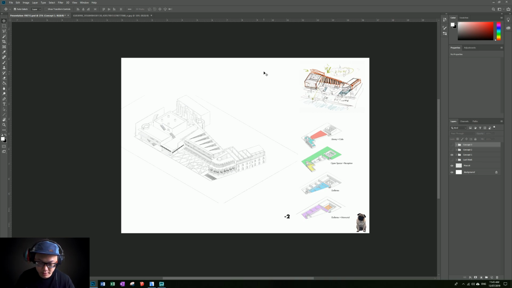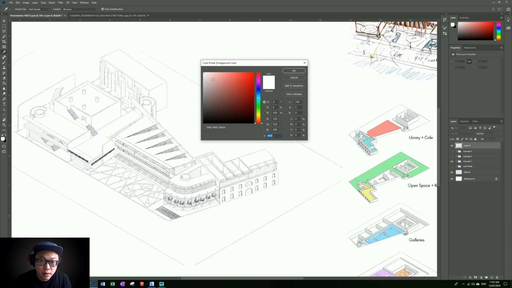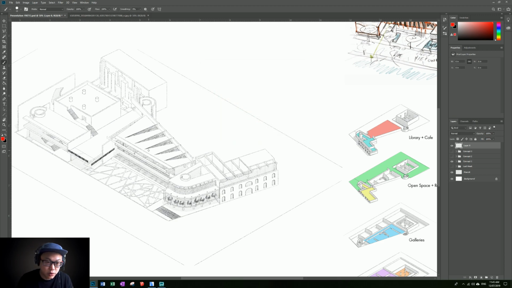Let me get my pen. So what I try to do is, let's zoom in, and we're just gonna take a red pen. So now I have one center space on the edge here. There was going to be like a public space where people would gather here, then go into the different spaces. Like this one would be the library space, and here there was going to be like the theater, and this is like a